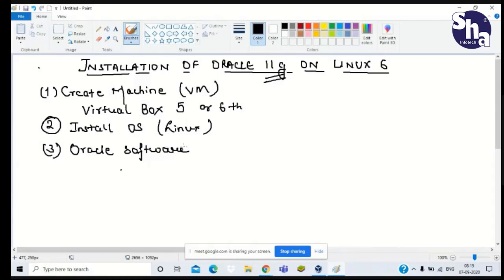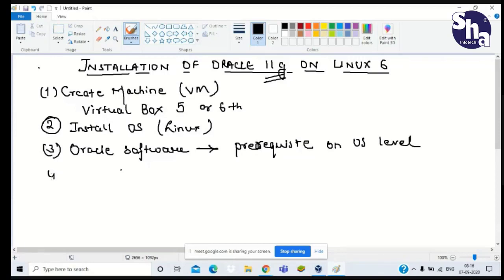For that, after installation, we need to perform some activity or tasks such as prerequisites that are required before installing this Oracle software. This will be done on OS level. And after that, we will start with Oracle software installation.